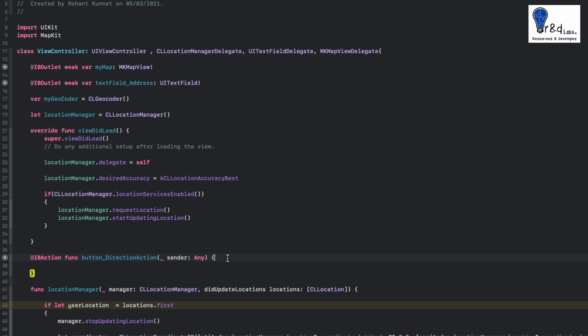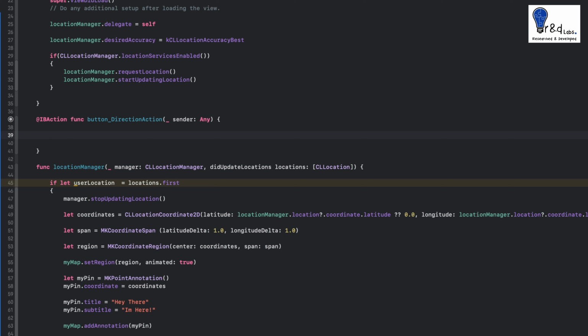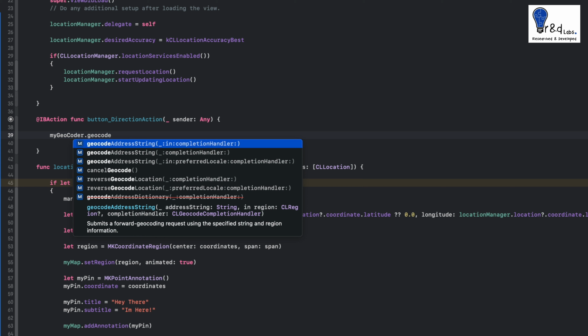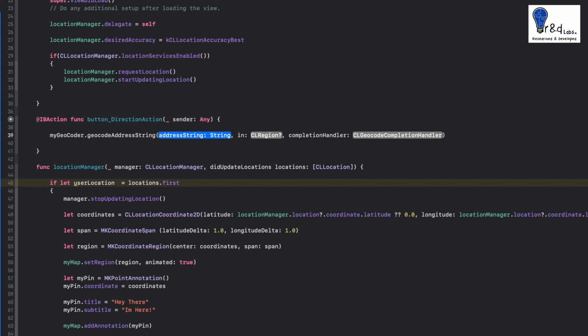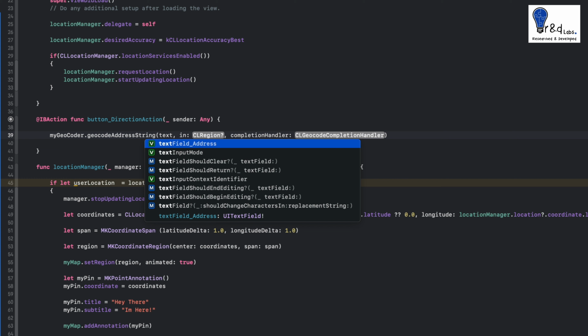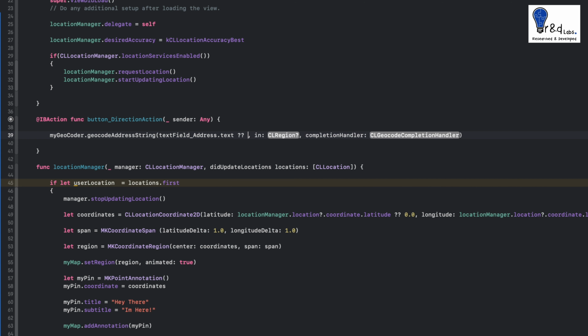This variable will be converting the address into the coordinates. Next, our focus should be on the button itself, in which the action will be used to fetch the text or the address and convert it. So let's say myGeocoder.geocodeAddressString, in completion handler. This is what our method will be. Over here in the address string parameter, we are going to pass in textField_address.text, and we need to also pass in the optional value as well. Then we will have to get rid of everything and add in our completion handler,